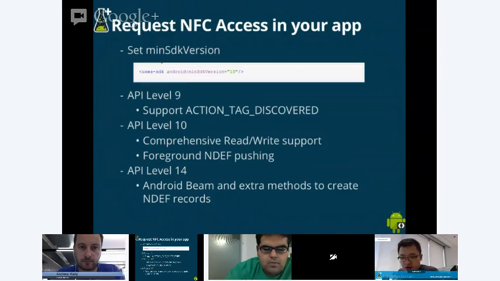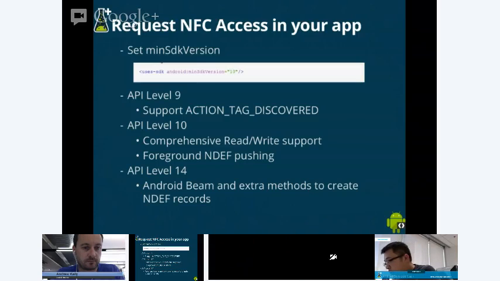Another thing is you have to set the minimum SDK version in your application. The minimum SDK version with NFC support is API level 9. At this level, we support the tag discovered action, but we recommend developers at least specify level 10, because it has much more comprehensive read-write support, and we can also do foreground NDEF pushing.